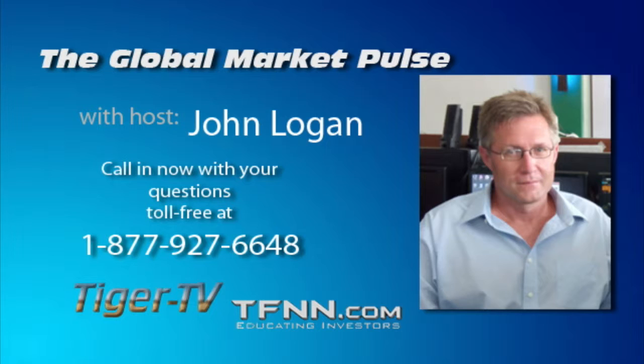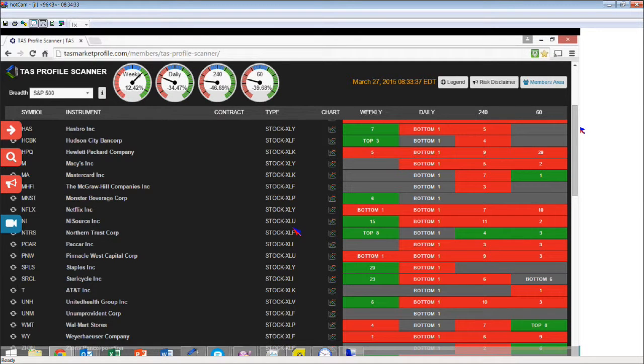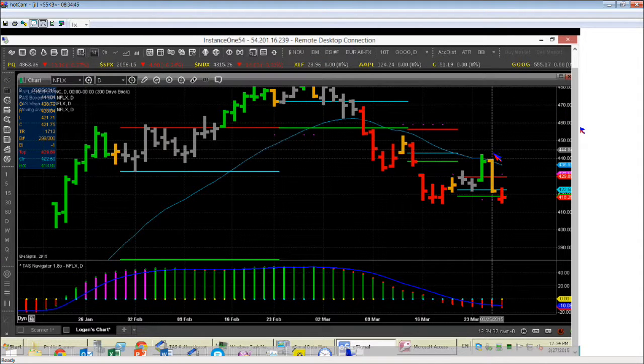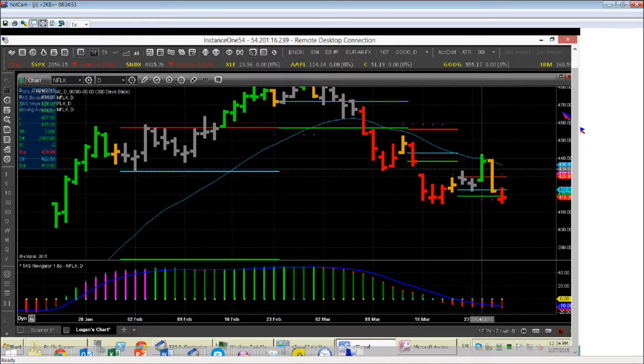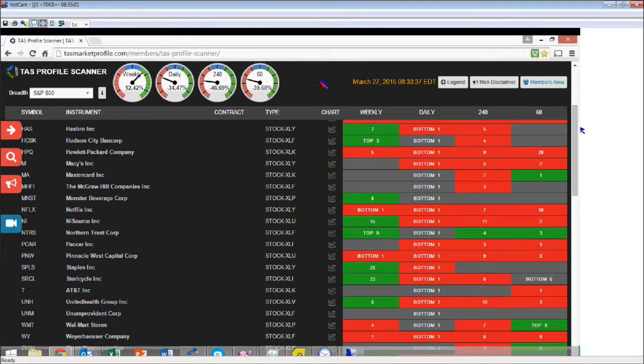Hi guys, welcome back to the show. We were looking at Netflix, taking a look at weekly unfilled gaps and daily unfilled gaps, and this scanner picked this out. I know a lot of you out there are going, so what? What do we do now? I'm looking at this, especially the reversal here, and also trying to combine, is the market going to give me any help right now? I don't think so. So I'm not a big fan of buying Netflix down here on a multiple time frame confluence of weekly and daily unfilled gaps.